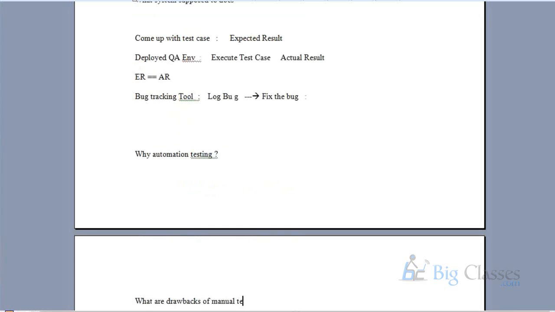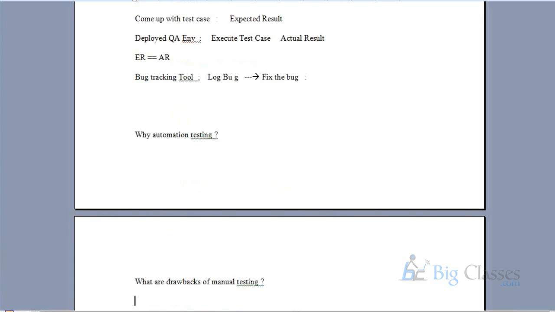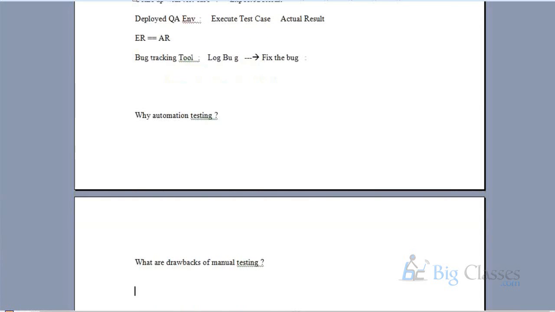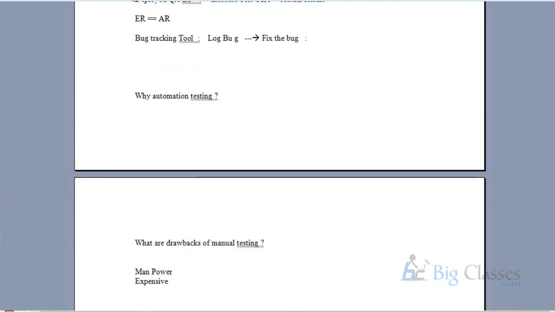Do you have any idea on this? Shailaja, what are the drawbacks of manual testing? It takes manpower. Yes, a number of human resources are required, agree. And at times it could be expensive. Expensive, yeah, super.